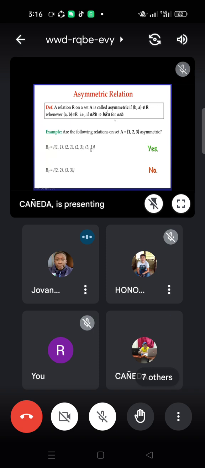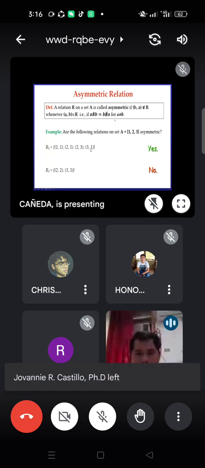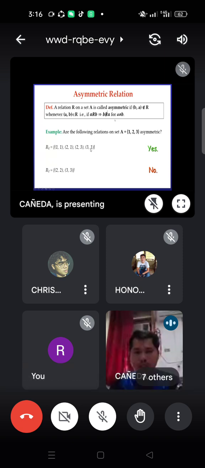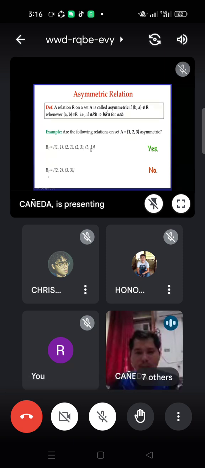Yes. Then we have R1, where 1 and 2 change, and 2 and 3 symmetric. So we have R2 also. R2 is